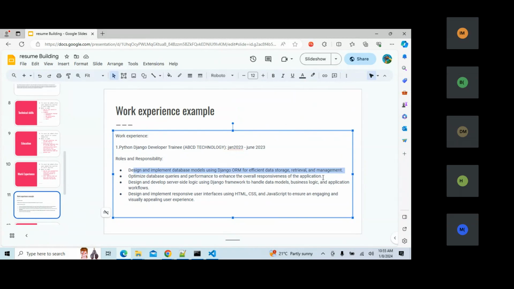Don't just mention I have completed HTML course. It is not going to be useful for you. You have to write in a proper manner. Okay, actually what we have done in that particular training. Are you getting my point? Yes, no. So whatever the course you are learning,